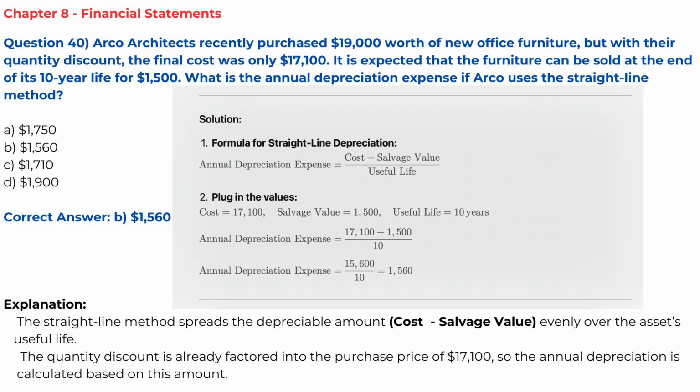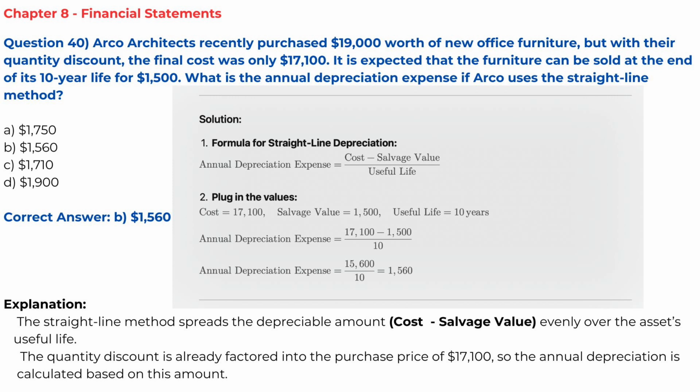Step 2. Plug in the values. Cost equals $17,100, salvage value equals $1,500, useful life equals 10 years. Therefore, annual depreciation expense equals $17,100 minus $1,500 divided by 10. Annual depreciation expense equals $15,600 divided by 10, which equals $1,560. Correct answer B,